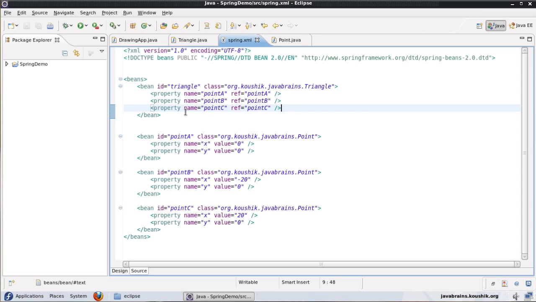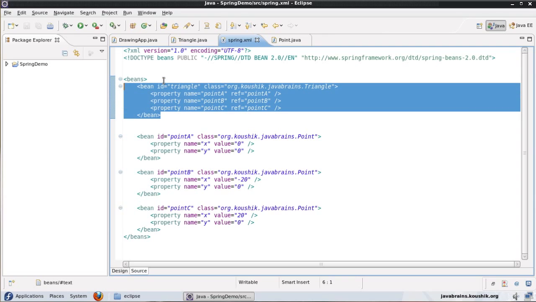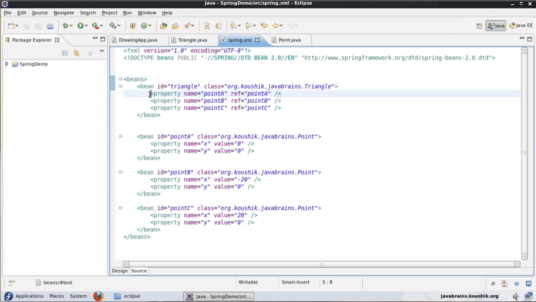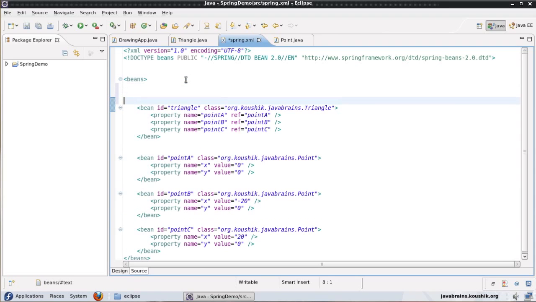Now I have this triangle bean which has initializations of 3 point objects. In order to demonstrate bean definition inheritance, what I'll do is I'll create a parent bean definition which contains the configuration for point A, and then I'm going to create child bean definitions which inherit from the parent, which inherit the point A configuration, and add point B and point C configurations to that inherited definition. So let's call this, id equals, I'll call this parent triangle,